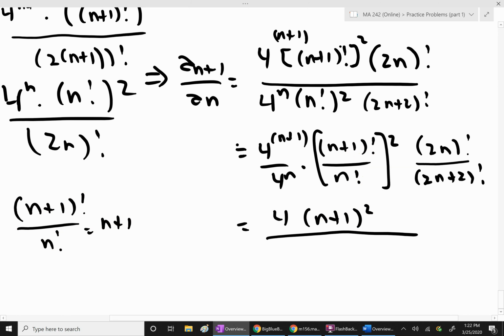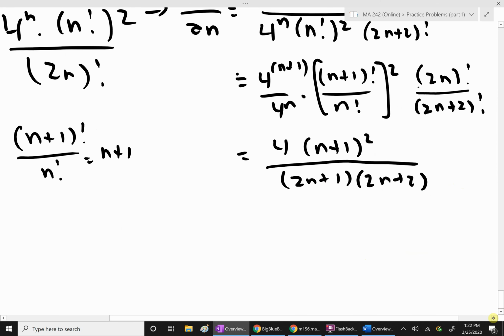And on the bottom, we did this problem a second ago, right? Here I'm multiplying from 1 to 2n plus 2. Well, that includes the product from 1 to 2n, right? And what I have left over is 2n plus 1 over 2n plus 2. Everybody good? Okay. Now notice something unfortunate that's going to happen. I have to evaluate the limit of this ratio, right? The limit as n goes to infinity of 4 (n plus 1) squared